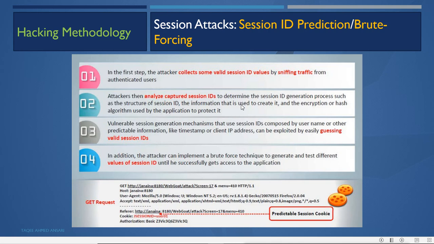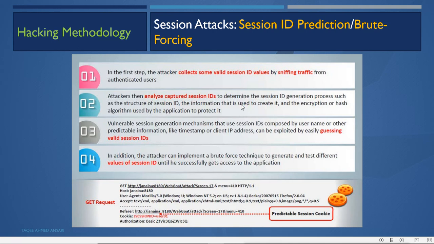If the session ID is generated by the application but weakly, using a weak algorithm, it can be easily predicted. So the attacker first tries to predict it if possible.